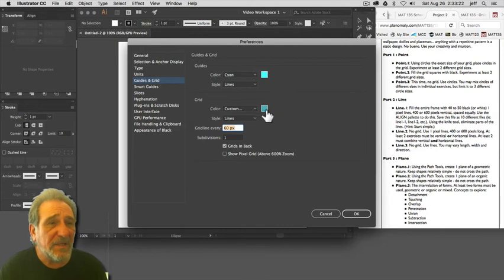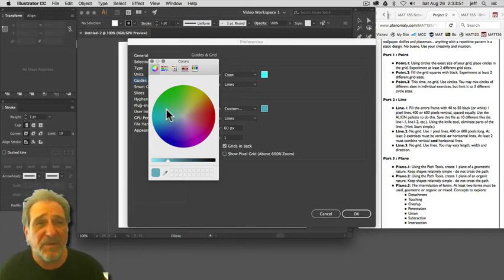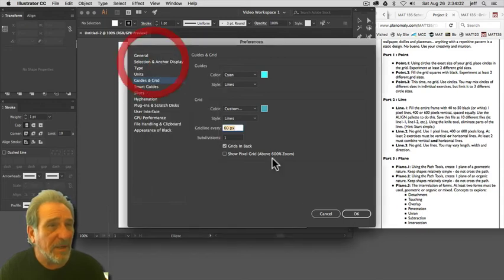Okay, so I pick a custom color for my grid, and what I kind of like is a light, kind of a teal color. For some reason that color for a grid is unobtrusive, but you can still see it. I do not recommend using black for your grid or anything dark because it really intrudes on your design and it does affect what you see. So we'll be turning the grid off and on to actually see what we're doing, because every element, whether it's a permanent element or a grid, is going to impact our design. Okay, so I just picked my color for my grid. I think that's a good color. Say, I got to close that up. Okay, and then